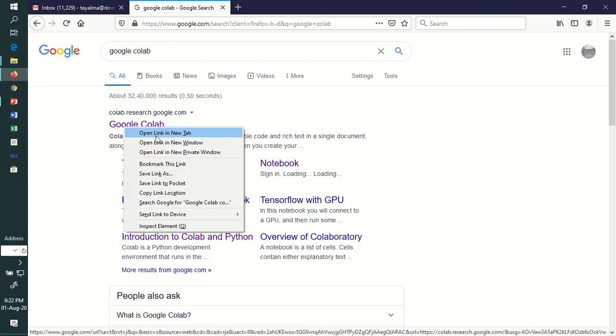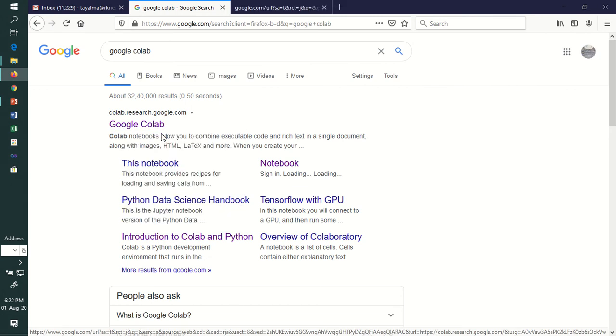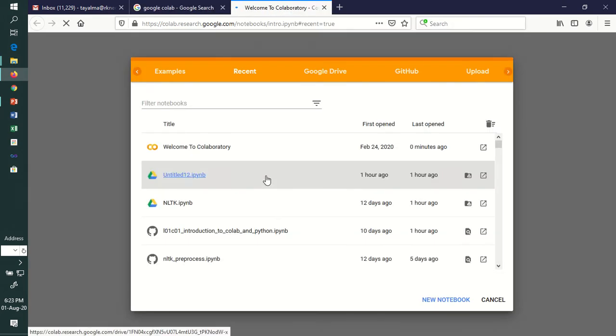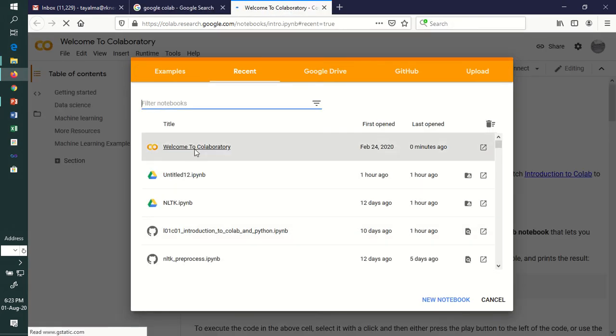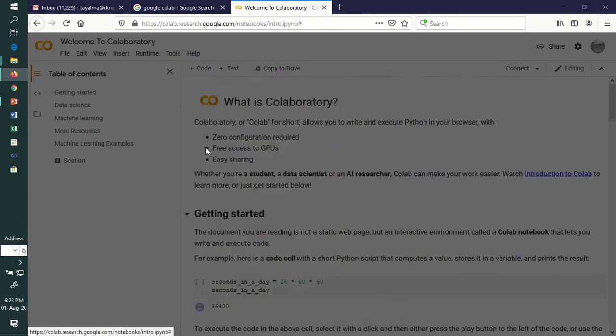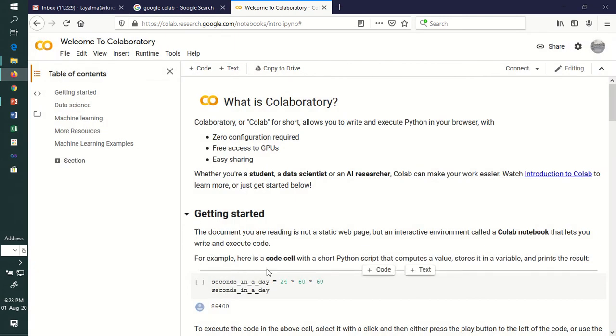Just right click and say open link in new tab. Once you open it, it needs some time and then it opens directly. The first screen that you will get, if you are opening it for the first time, says welcome to Colaboratory. You can click on the welcome to Colaboratory and verify the look and feel of your Colaboratory.